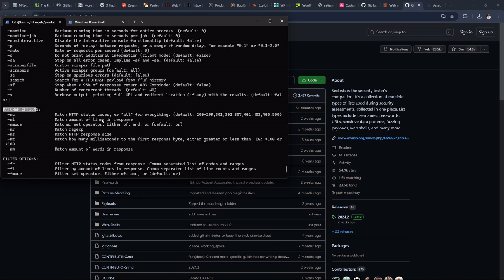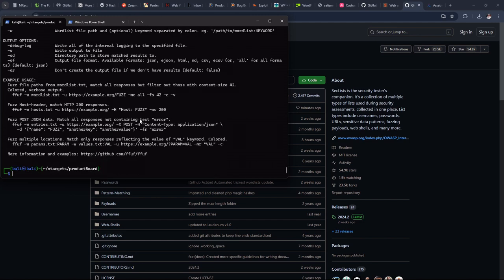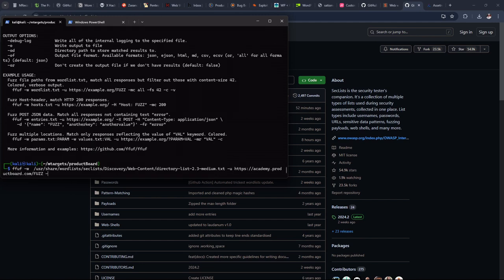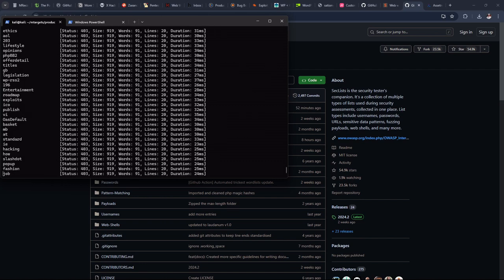You can match different status or the response size, that is ms. In this case we want the match code, and since we don't need to see 403, sorry,